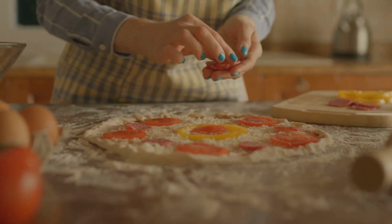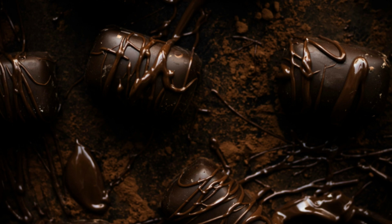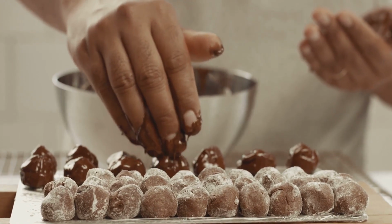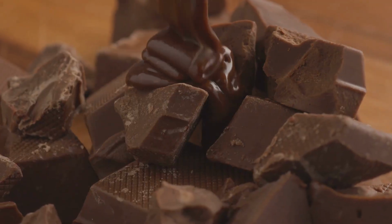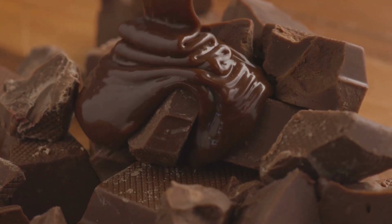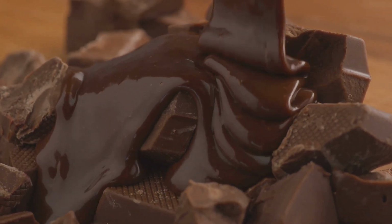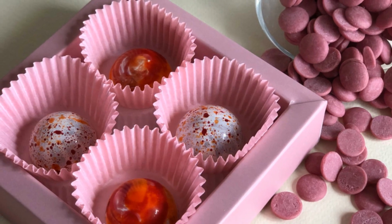For our final recipe, we're going to make something truly special, something a little decadent. We're making rich, velvety honey chocolate truffles. These are a sophisticated treat, but they are surprisingly easy to make. Using honey as our sweetener instead of refined sugar gives them a unique, floral depth of flavor that pairs beautifully with the dark chocolate. They are the perfect way to end a special meal or to give as a heartfelt